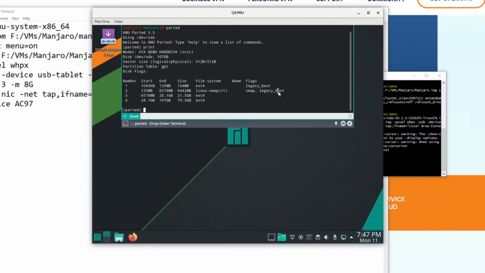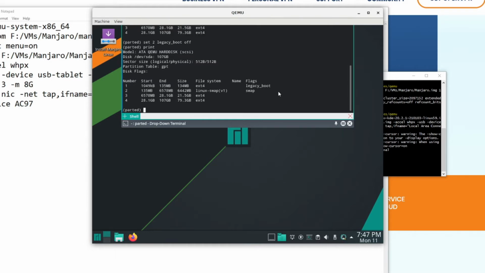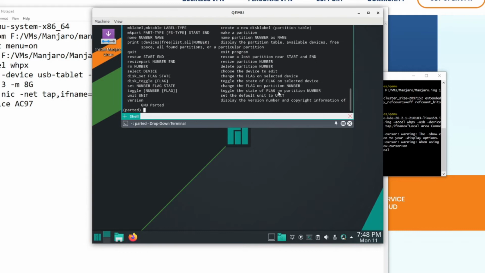But let's go ahead and actually remove the legacy boot flag from the swap, because we don't want that, obviously. Doesn't really matter though. Right, so now we have it set up kind of correctly, how it should be, essentially. And we can actually set it on 1. Here's something interesting, right? I'll set BIOS GRUB on 1 and print it, and it looks good, right? So I think we're good with that. Let's go ahead and quit,